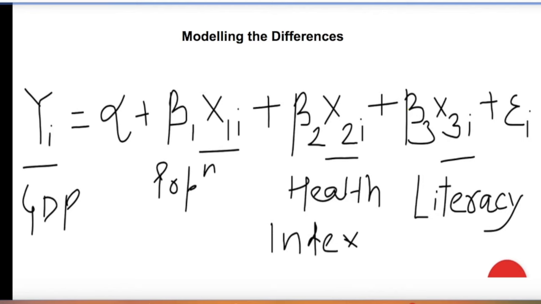So this is one group of economists who believe that higher population can actually contribute to higher growth. But then there is another set of people who would say that no, higher population would mean more hands for a small pie of food. So there will be more people who are dependent on the economy, and the resources are lesser. So the per capita availability would be lesser. So then higher population can actually hamper the per capita growth, per capita GDP. So again, as I said, there are two sides to each of these factors.